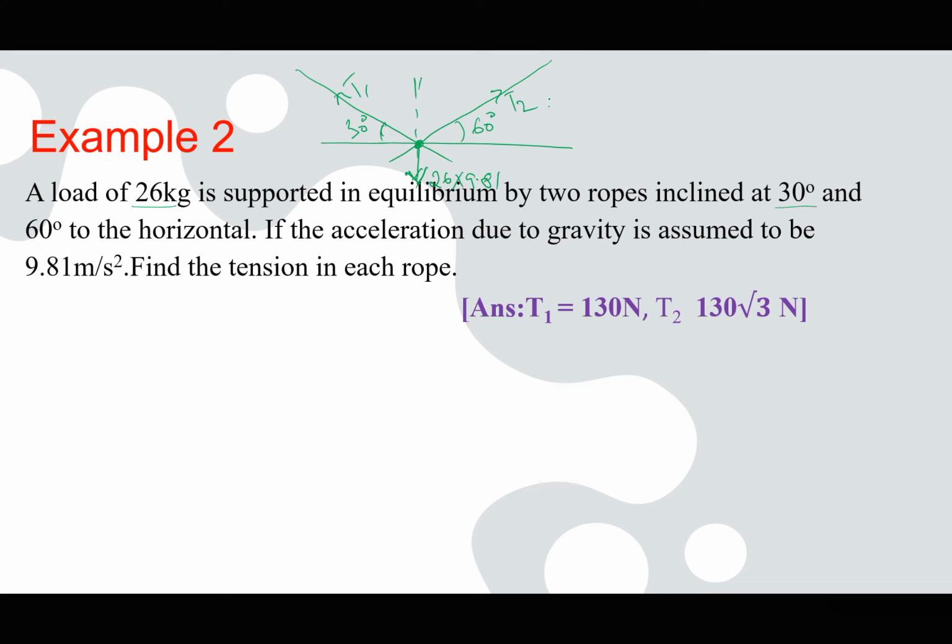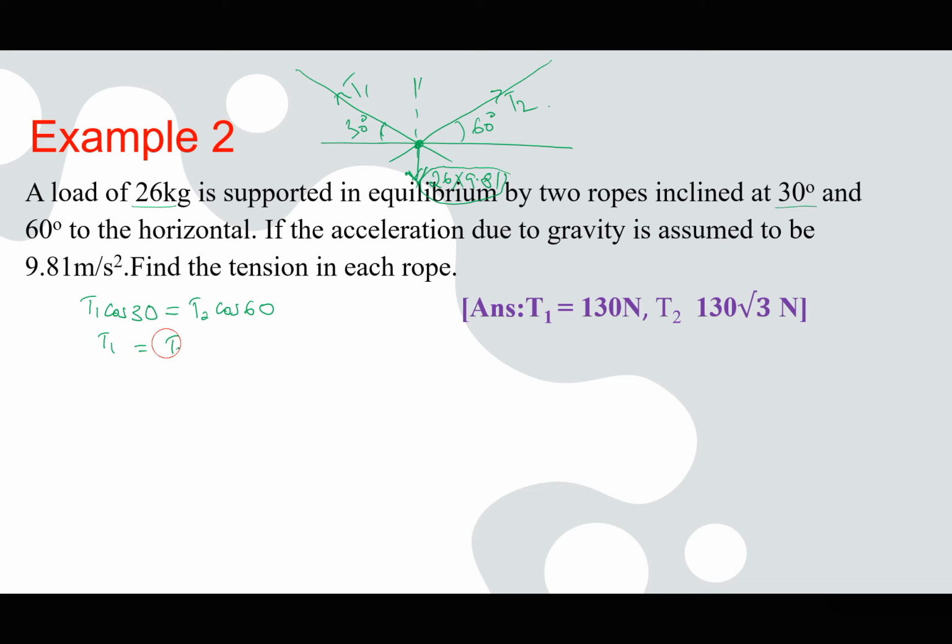Okay, so we're now going to find T1 and T2. I'll just use resolving because we are using g as 9.81. The product of 26 times 9.81 will make it hard for us to find the scale. But if you want to use a scale diagram, you can visit the solved past paper questions and see how that is done in more detail. So using resolving, I'm going to resolve T1 and T2 in the horizontal. They point in opposite directions. So I have T1 cos 30 is going to be equal to T2 cos 60,